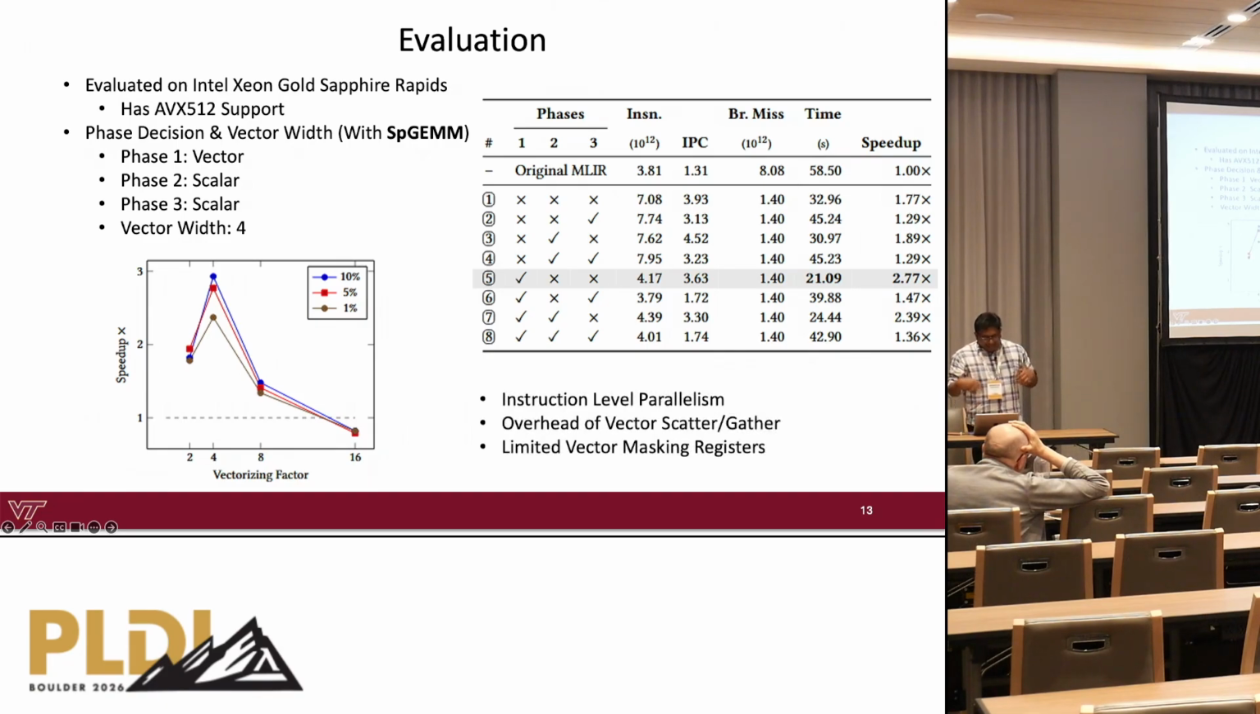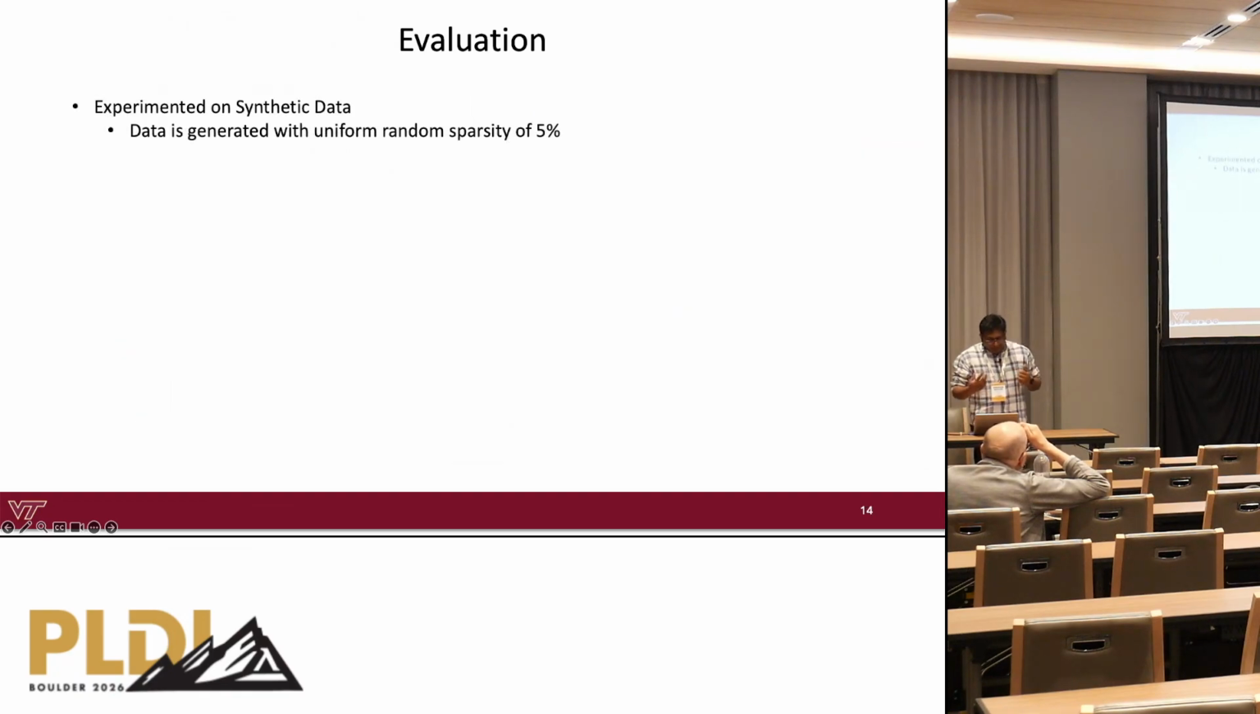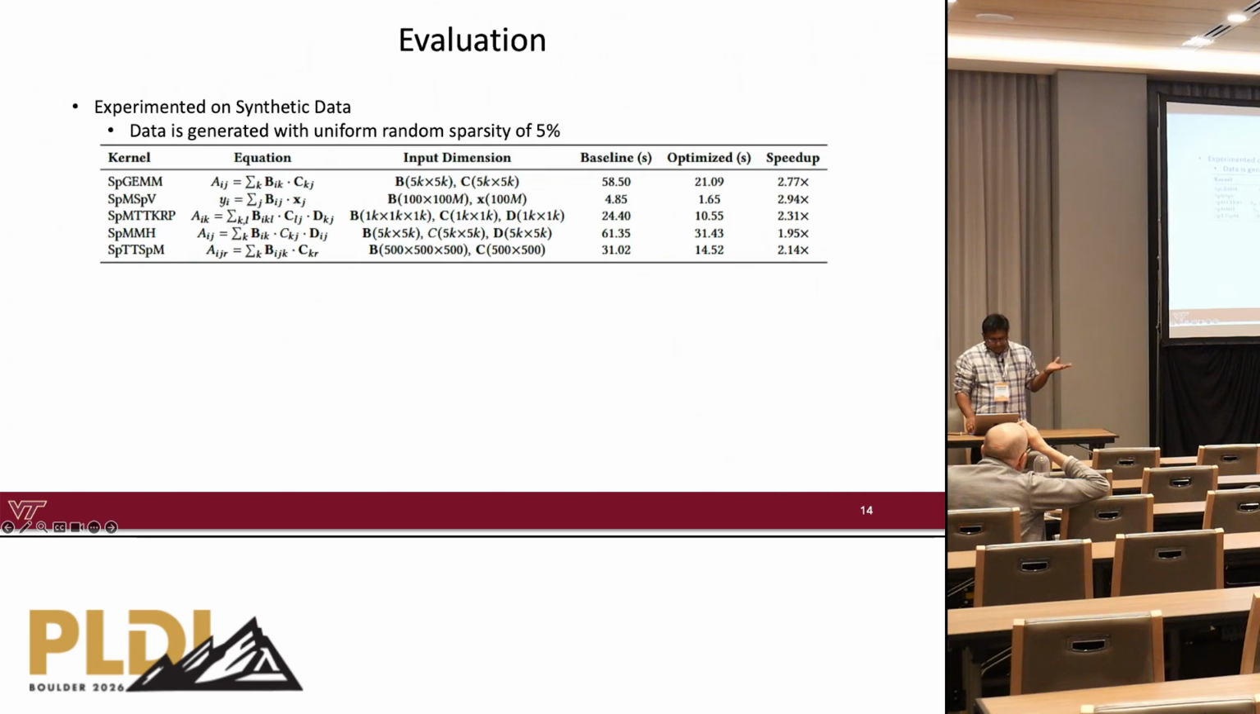And there are many reasons for it. For example, if you leave it as scalar operations, it can take advantage of instruction level parallelism. And if you use vector instructions, sometimes the vector gather and scatter can break your performance. Also, this depends on how much masking is needed, and how many register resources are available. And we have implemented this on synthetic data with multiple different kernels, and you